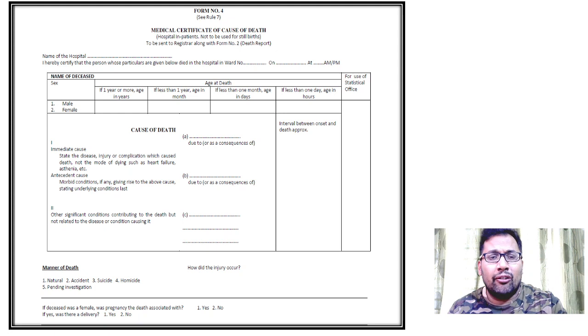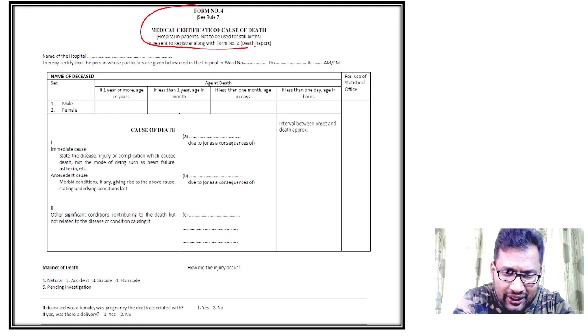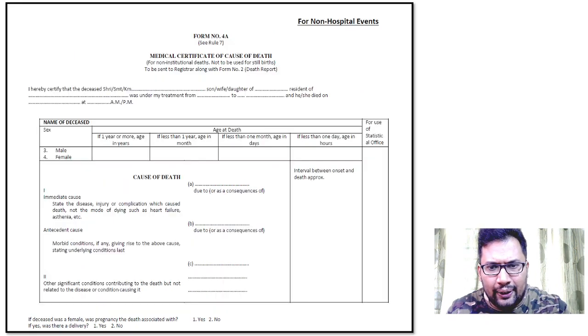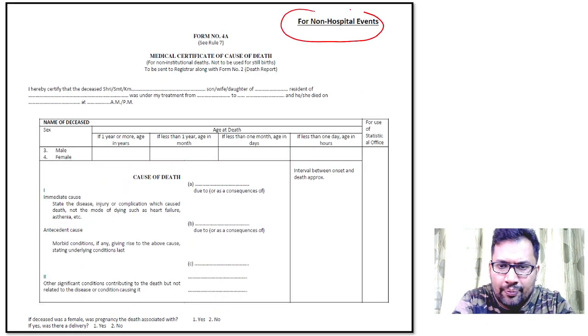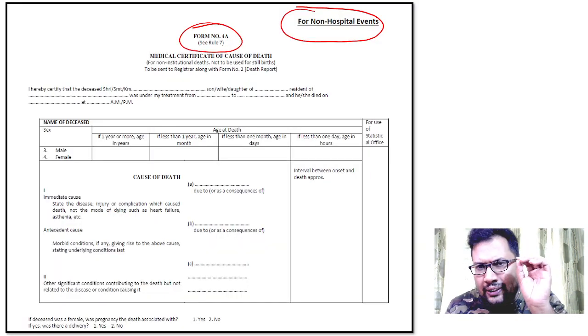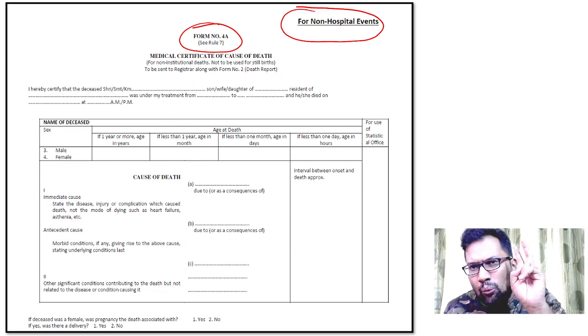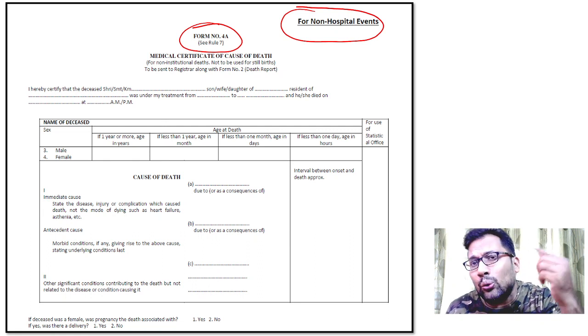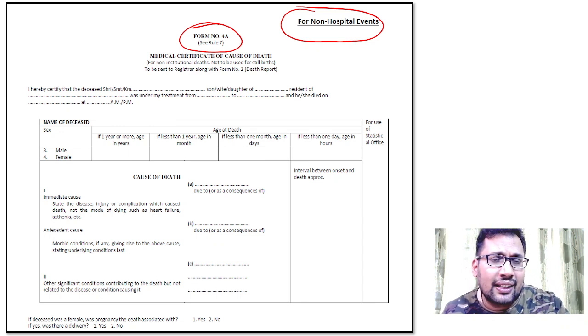Now look at this. This is the Form 4 of the MCCD. What is MCCD? Medical Certificate of Cause of Death. It is for hospital death. Form 4A for non-hospital death. So once again I'll repeat. The death certificate has two parts. 1A, 1B, 1C, and also a second part that contains other significant conditions. 1A, immediate cause of death. 1B, antecedent cause leading to the immediate cause, and 1C, main underlying cause, that is also known as the essence of the death